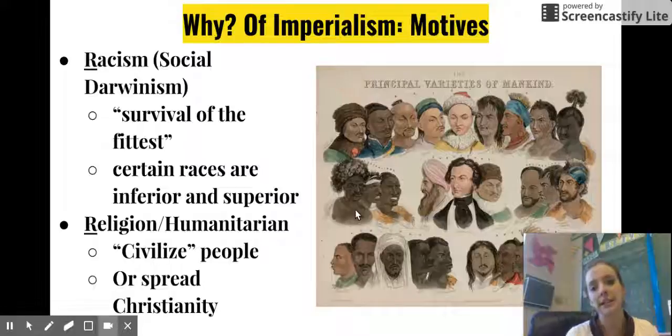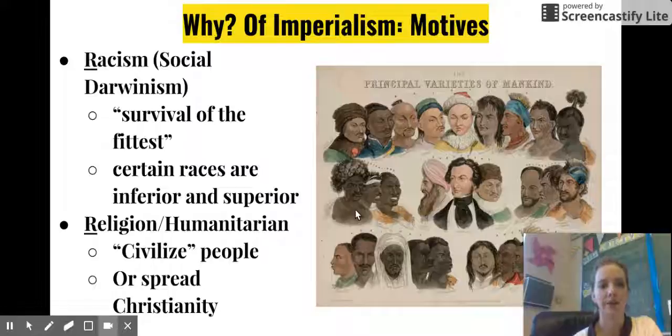the system of race. This goes along with other comments during the time of phrenology and eugenics, which are looking at either the structure of people or the genetics within people to define this characteristic as good, this characteristic is not good. Hopefully it's obvious. This comes to racism pretty quickly. And while racism isn't always a motivation for making people go out and imperialize, it certainly justified their presumption to go and take over other people. Well, we're better than them, we're fitter than them, we wouldn't be able to take them over if we weren't